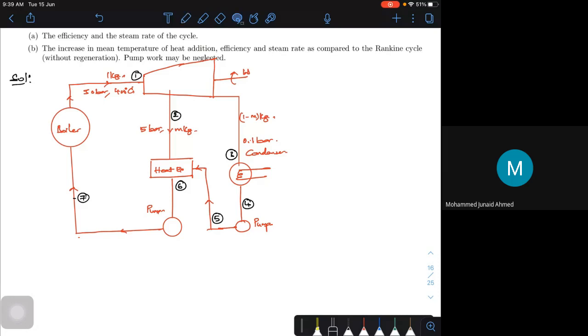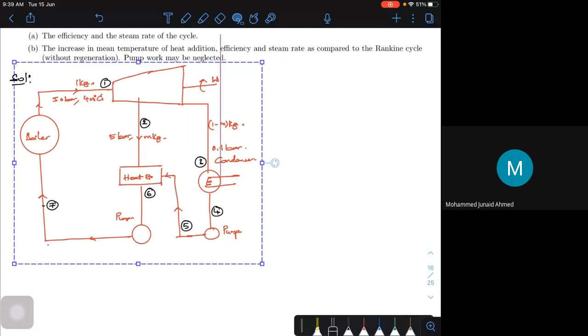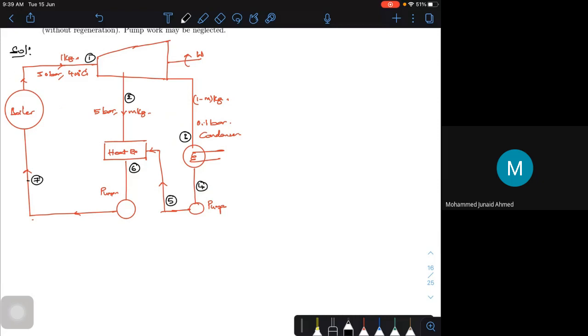That's why I ask you people to put either the TS diagram or the schematic, which will give a lot of explanation of what is there in the numerical. Is that clear? Now let us go to the data given, or we can write the TS diagram or HS diagram. One of the diagrams we can take. Here we will write the HS diagram, because we have been doing TS diagrams more. So this is my enthalpy and this is my entropy.